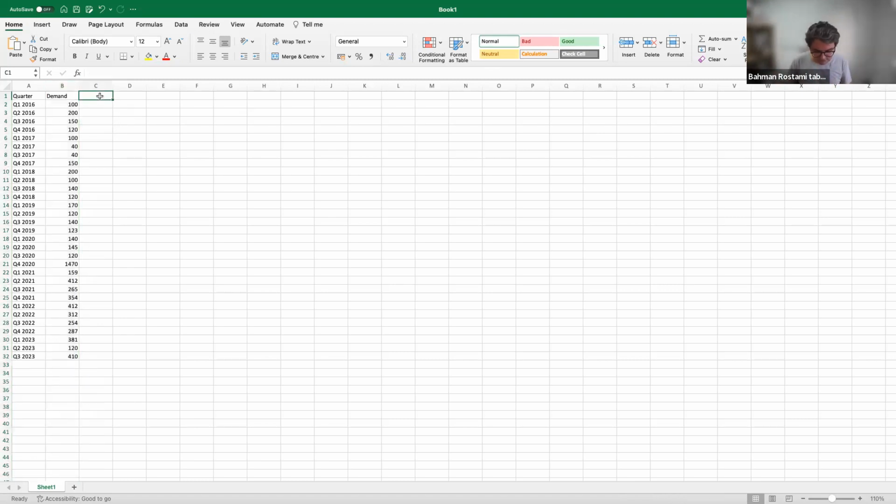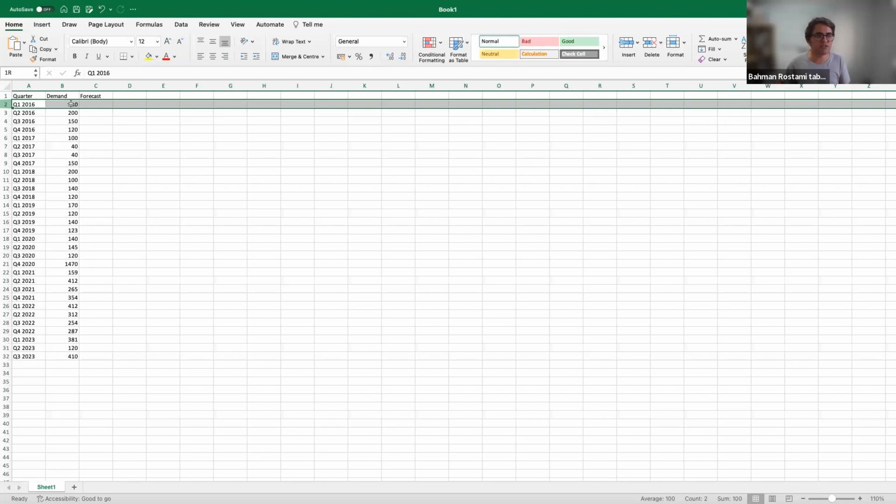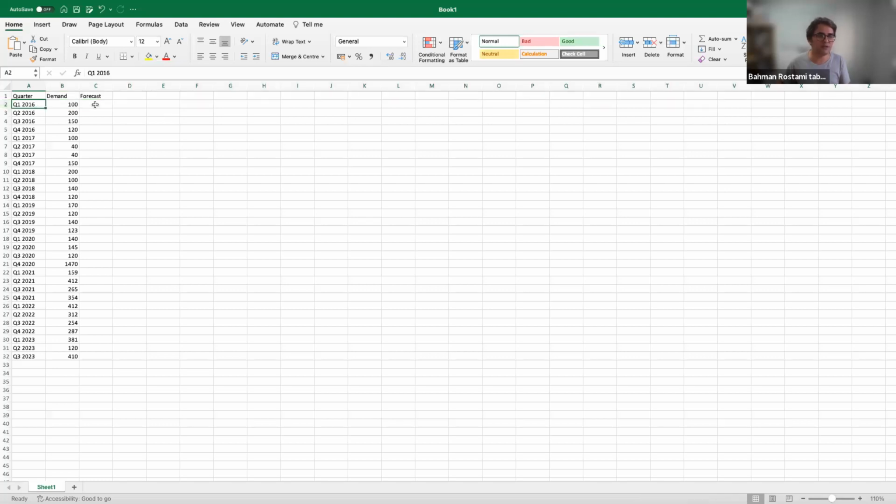Let's call this column the forecast. So if I apply naive to this, what would be the estimation for this period here? Or the forecast for this period using naive? Well, the forecast for this period is what I observed in the previous period, but there is no previous period. So that's why you see